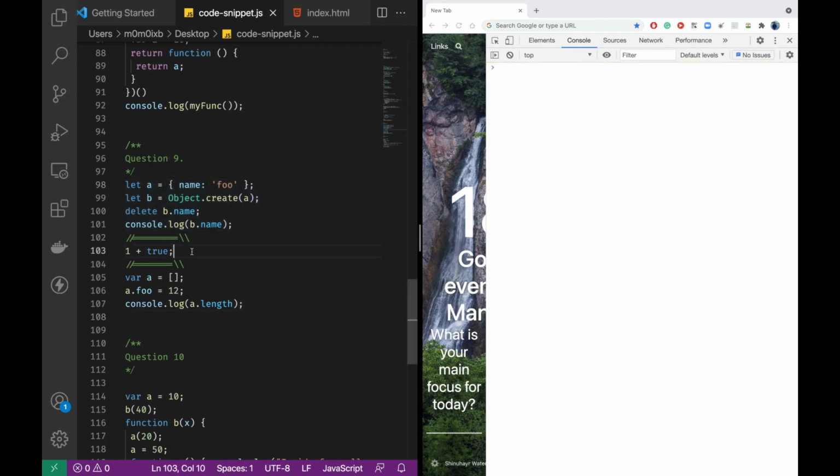Now we have a very simple question, that is 1 plus true. Sorry, it has just printed the value. So 1 plus true is printing the value 2. What's happening is it's typecasting true to a number. Whenever in JavaScript we try to do addition between two things which are different, it will try to change the second thing into the same type as the first. So here 1 is a number and it sees the boolean value true, so it changes the type of true to number, and that is why true has become 1.